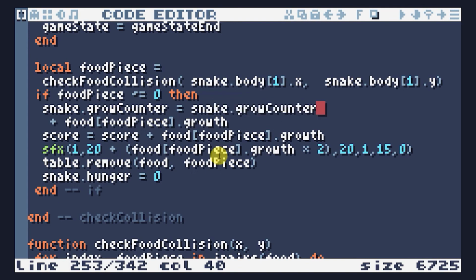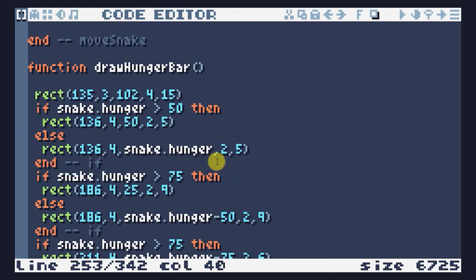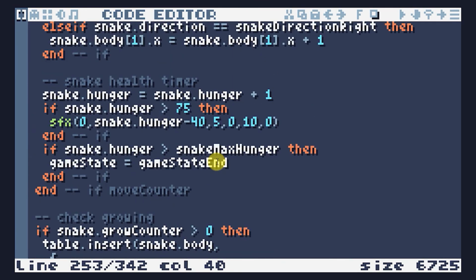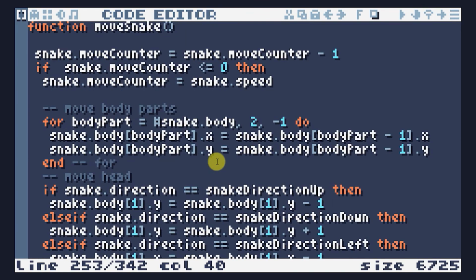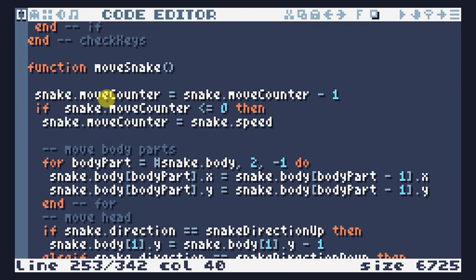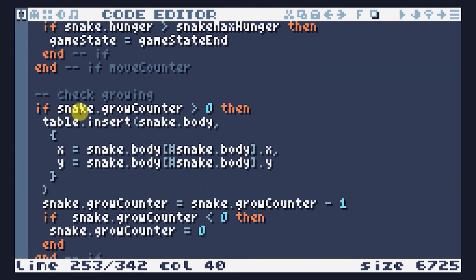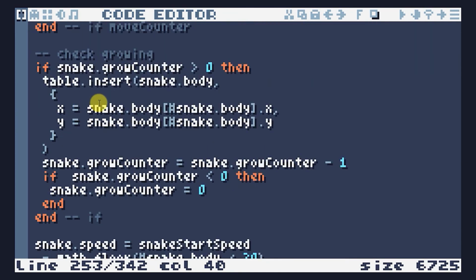So let's have a look at our snake handling. So we need to go up to our move snake function. Right, so in our move snake function up here. Okay, so every time the snake moves, we check to see if it is growing. So if our snake grow counter is greater than 0, then we want to put an extra piece into our